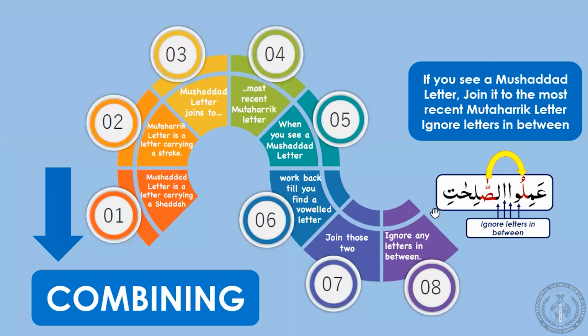Okay, and the whole word I will read as Amilu solihati. Okay, I've simply joined the mushaddad letter with the mutaharrik letter, which is the lam, and ignored all the letters that were in between that don't have any signs. Okay,